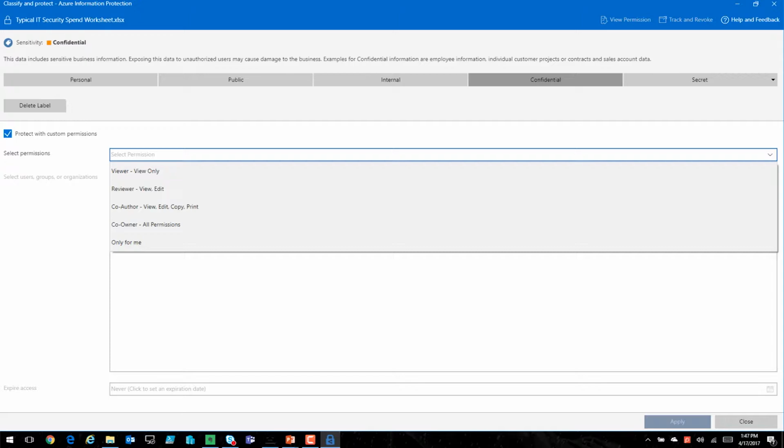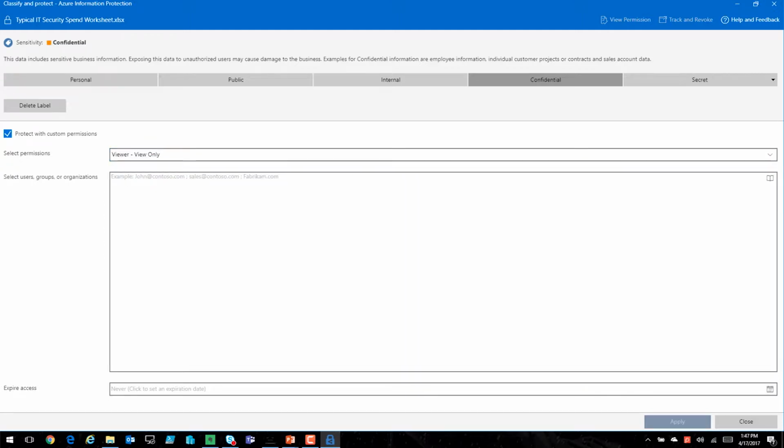But I get to choose what level of access. Okay. So I get to choose, do they have view-only access? Do they have complete co-owner, which lets them remove protections? So as I go through that, I can say, you know what? I'm going to give you view-only access, and I can just throw in here, I'm sharing it with Bob Jones. Okay. And I can even expire Bob's access. So I can actually choose down here in the bottom, his access expires at the end of the month,